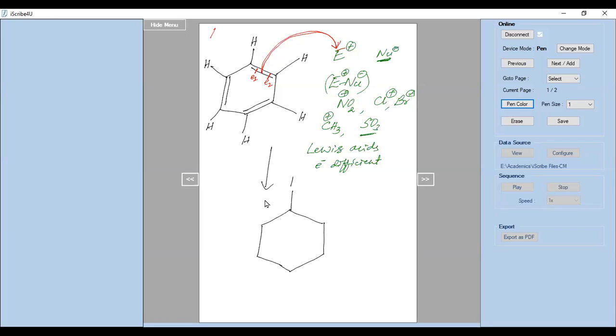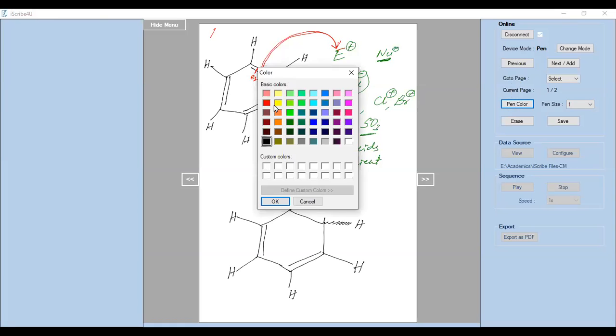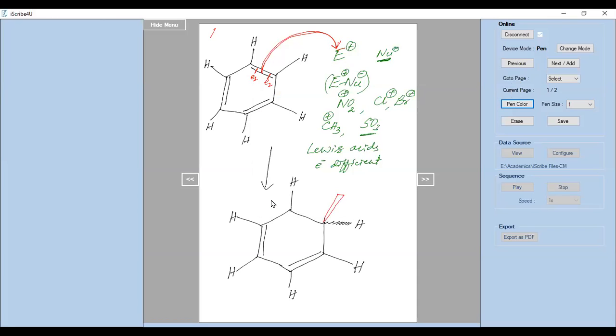The electrophile is going to form a bond. You can see here, and this carbon atom gets a plus charge because